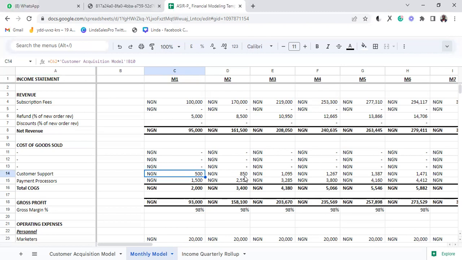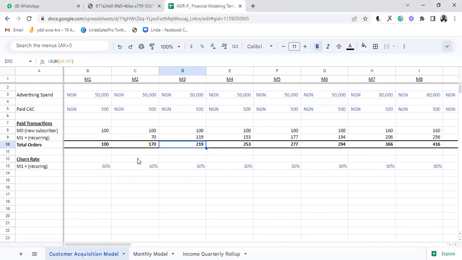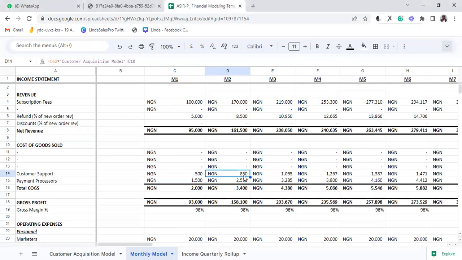So how many customers do we have here? You can confirm from here. So we have 170 customers in month 2. So when you do the 5 naira,